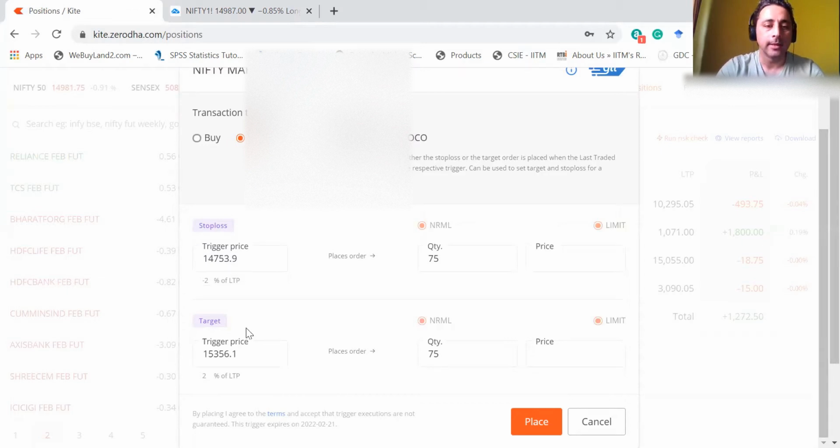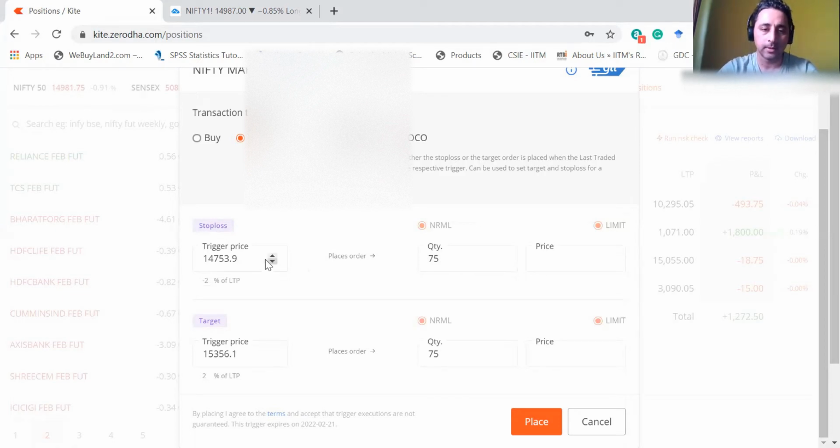demand. And the other is a target box here, you can see. So just like if things go wrong, if price keeps falling, there is a stop loss. Similarly, if the trade goes in the direction that I have taken, I can always set up a target. So let's say the Nifty future is at 14,987. That's what it had closed. I think it will go to 15,500. So maybe I can keep a target price of 15,500, and when that price comes, this position will be automatically sold. So I don't have to worry about booking profit as well. So these are the two things here.